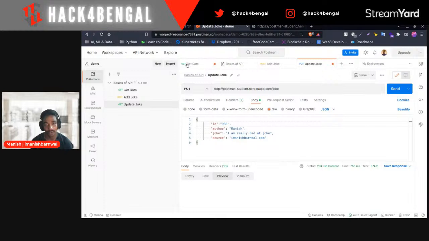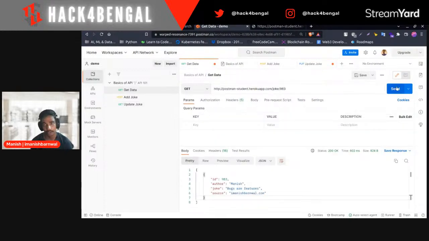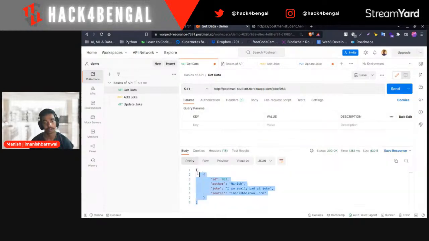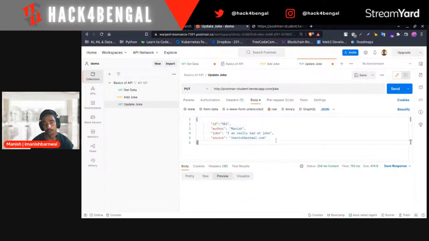You can also check by getting it. Right now it's showing bugs or features, but if you send it again, here it's updated: I'm really bad at jokes. So it's updated, right? This is how you can update records from here. There are different statuses: we saw 200, 201, 400 and 404. 400 and 404 are both errors, and 201 is for creating.